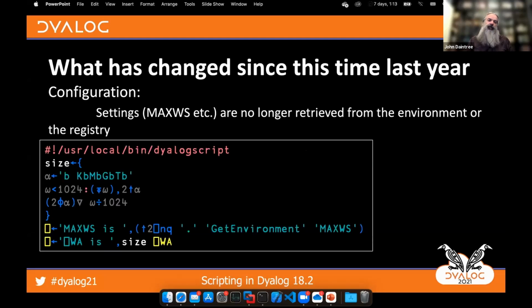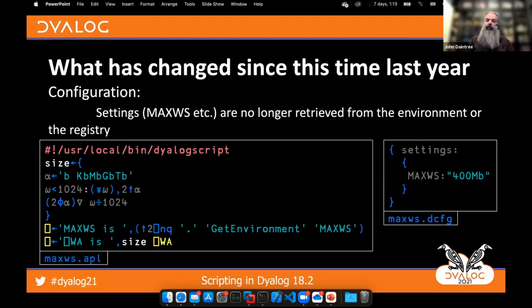Alternatively, if you have your script in a file, for example, in this case called maxwas.apl, and you have a companion configuration file named for the same first part as the script file, maxwas in this case, with a DCFG extension, then the configuration for how this script runs will be taken from that configuration file. So it's a nice enclosed system that can be configured either within the script file itself or externally via these